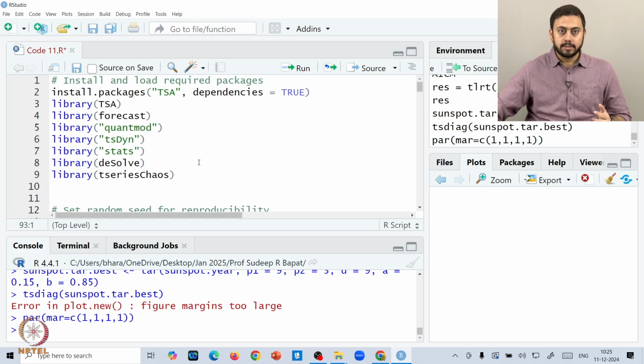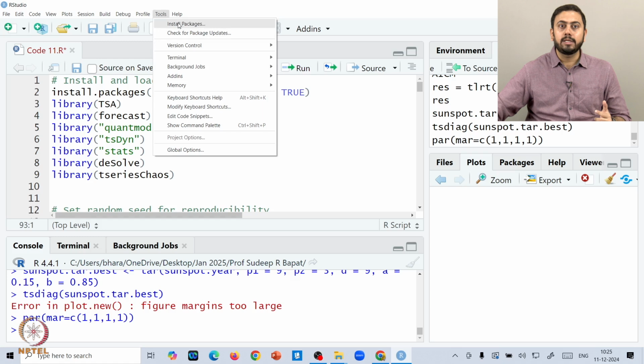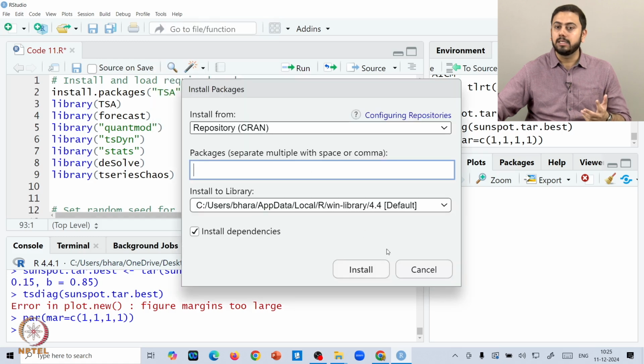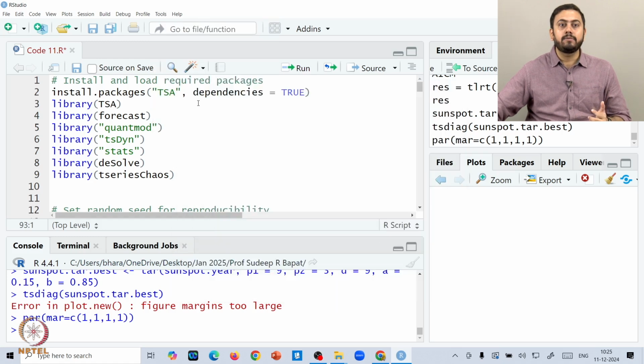Since non-linearity is not very easy to understand, the first thing to do is to install all these packages: TSA, forecast, quantmod, tsDyn, stats, deSolve, tseriesChaos, etc. The very first step is to go into Tools, click on Install Packages, and install each and every package here. And of course, once you have installed all the packages, do not forget to call them in the R environment using the library command.